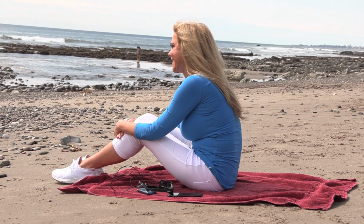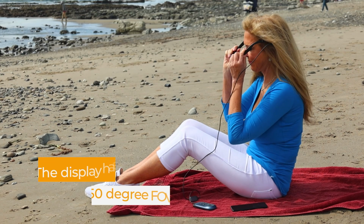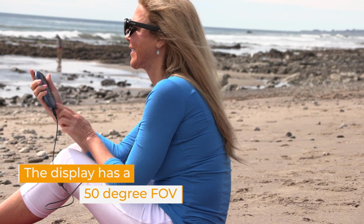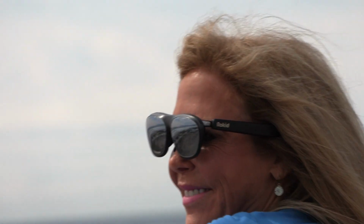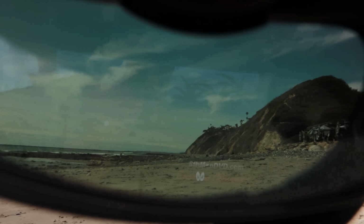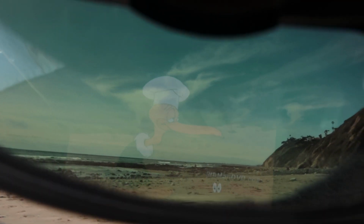I love my days at the beach in Santa Barbara. This is Hendry's Beach. The display has a 50-degree field of vision. That's 50-degree FOV. And that means I can watch my programming and still see what's going on in my environment. So here I am, away from any Wi-Fi, at the beach, watching the program I want to watch with the beautiful beach before me and that 50-degree field of vision, and hearing through the temples the terrific hi-fi level sound